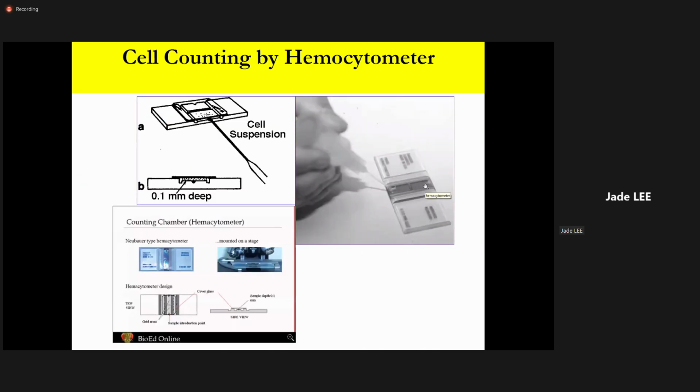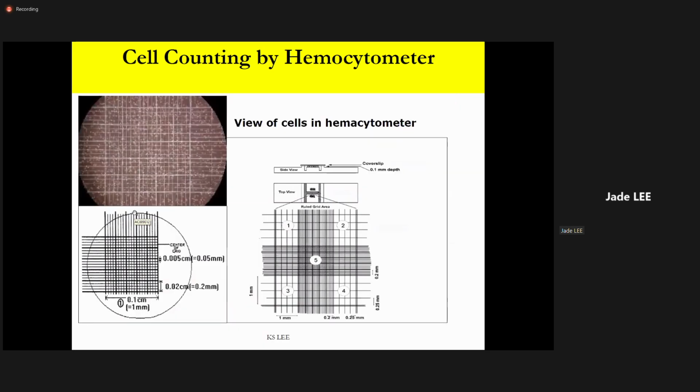Okay, so cell counting by hemocytometer is actually quite straightforward. This is how the hemocytometer looks. You have 25 squares here, and in each of these 25 you have another 25. You can see the grid lines here. Then you put your sample in, and then you follow